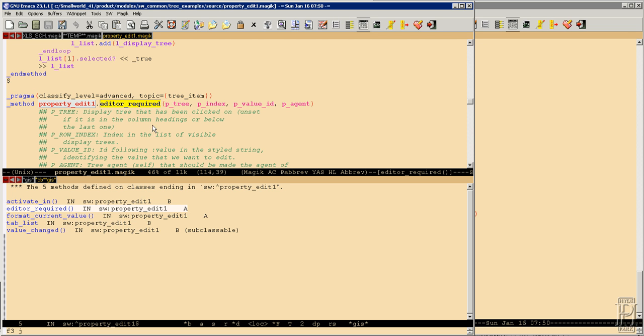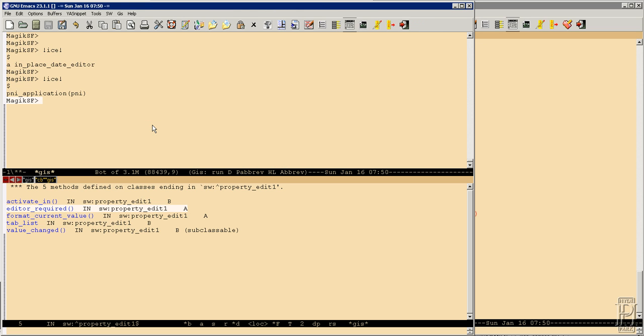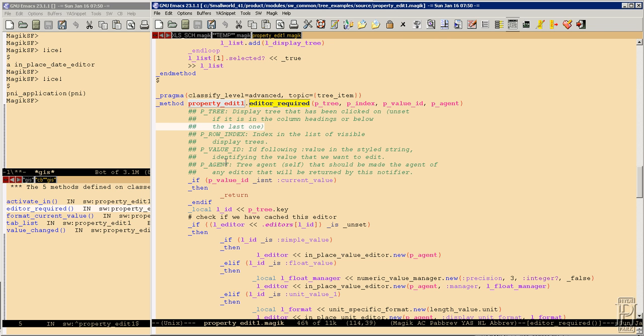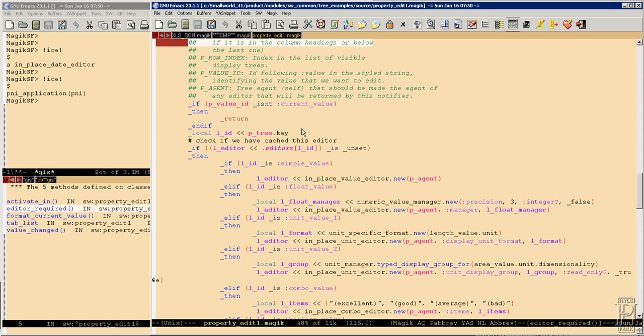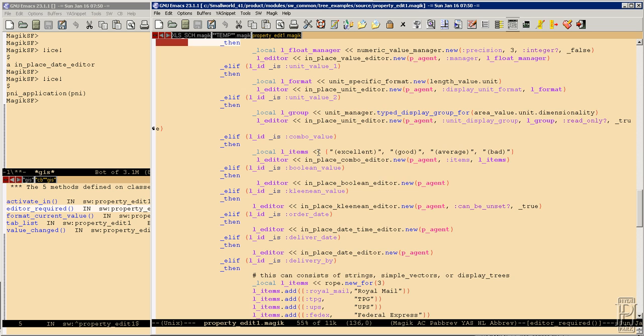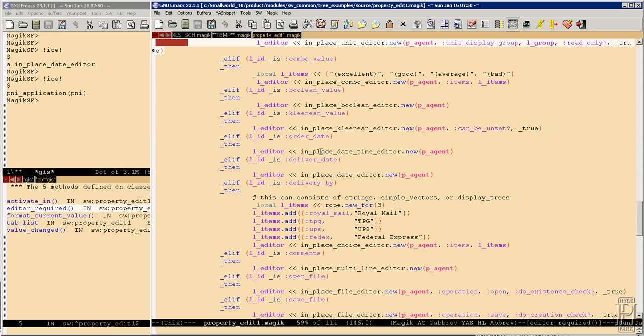Well, I don't like the way it's opened on top of GIS buffer, so F2G will give me GIS back. I will lock this buffer, and F3J now will open this code in a different frame. This way I have my GIS always in front of me. So now this is a method which I would like to do some debugging, and usually what we do